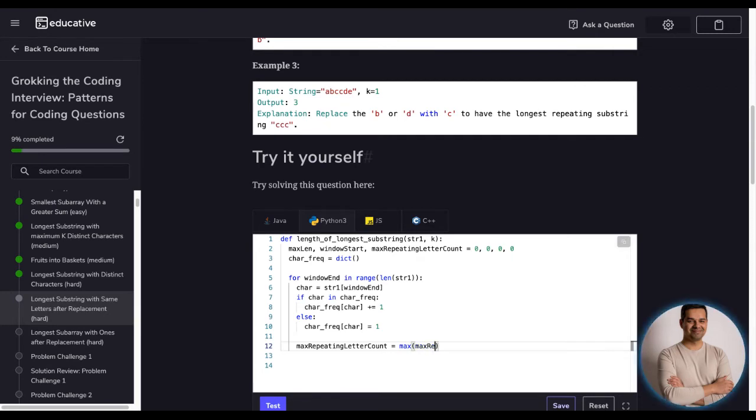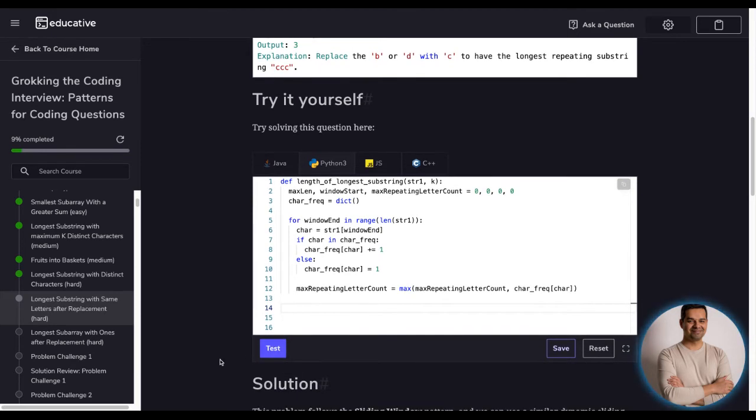I cannot copy it from there, so I need to write it down. Or it will either be the frequency of the letter which we have just included in the sliding window. So it can be char frequency char. So once I have the max repeating letter count in the current sliding window, I'm ready to go ahead and